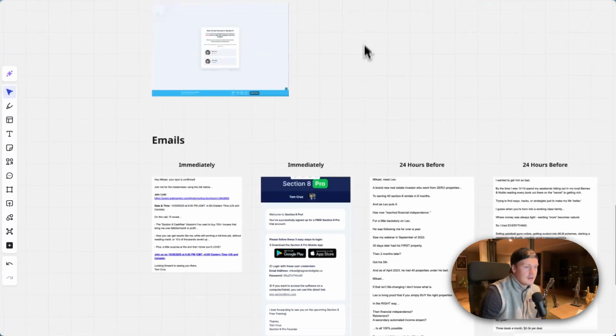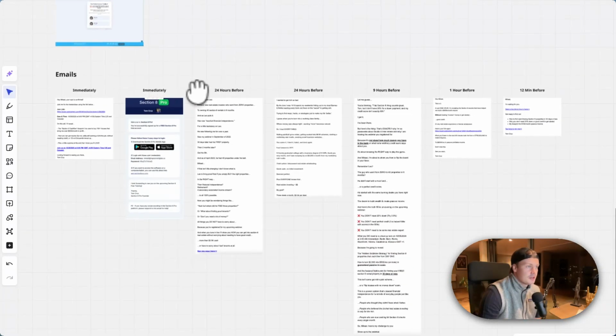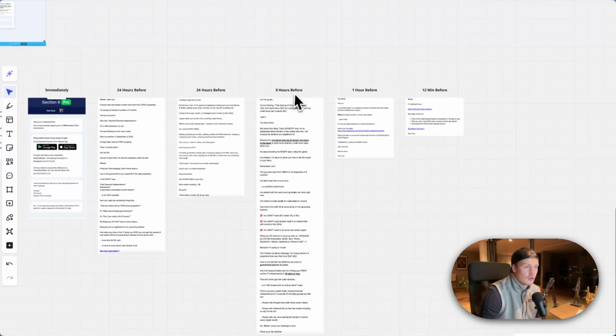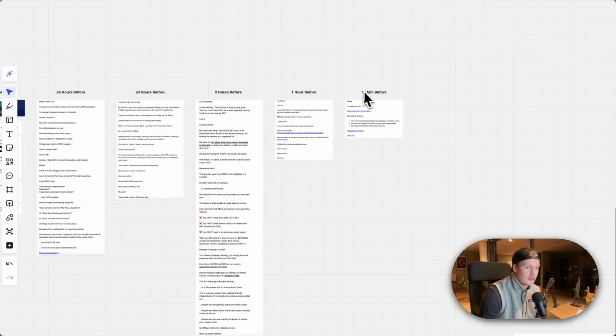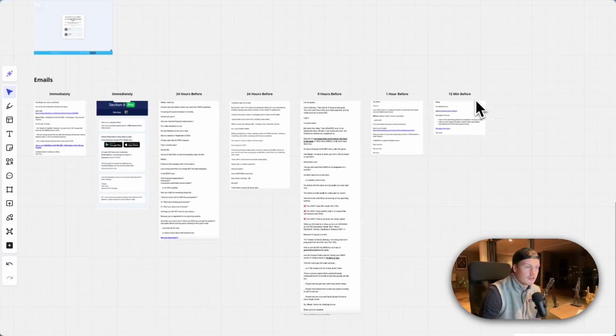That's it. For the emails, he's sending way too few emails here. You should at least be sending 10, 15 different emails before the webinar. Now it might be that I registered a little bit too late. I think I registered about 3 days before the webinar. But right now, we get 2 emails exactly 24 hours before, 1 at 9 hours before, 1 hour before, and 1 at 12 minutes before. And it needs to be way more consistent and a way higher volume here